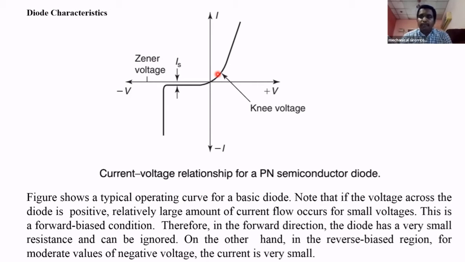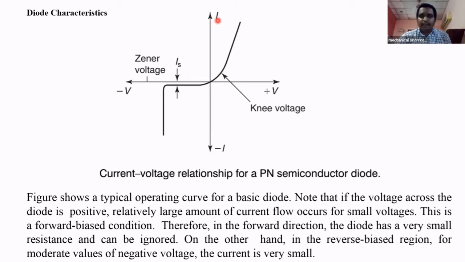Only beyond this voltage is the flow of electrons or holes possible. This is the threshold value of the voltage. If you cross 0.7 volts, there is a flow of electrons and holes, and they are crossing the junction. That is called the knee voltage. Knee voltage means 0.7, the voltage of the potential barrier. If you increase the voltage beyond that, a sudden rise of current is there.